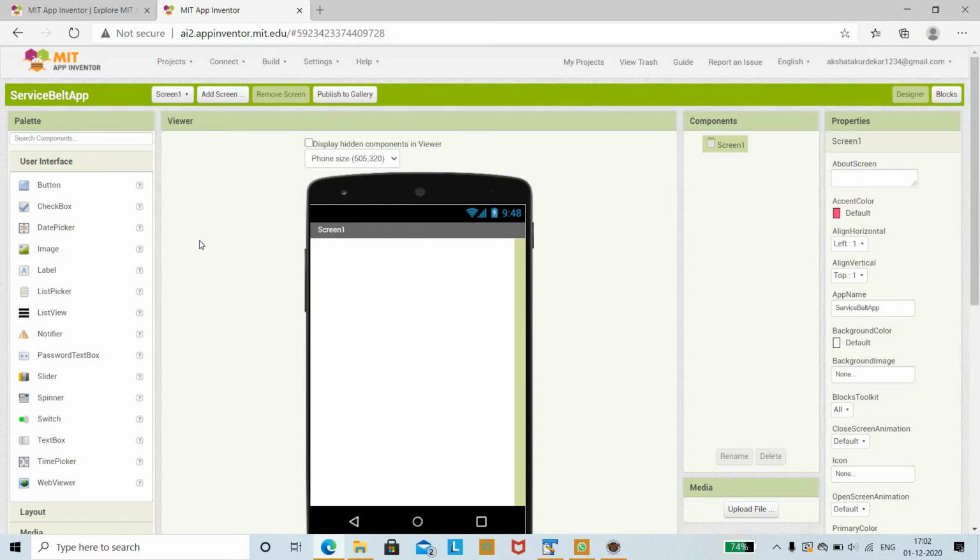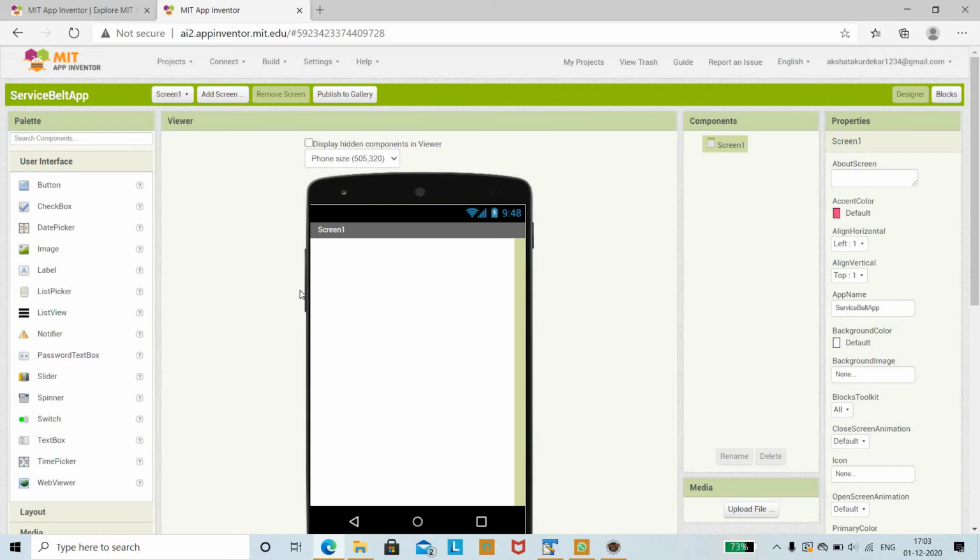So this MIT App Inventor mainly has two aspects. The first thing is the user interface components. Here you are going to drag and drop the user interface components, and then you are going to interact. Instead of writing a program, you are going to use blocks. With the help of blocks, you are going to interact with the user interface components. So no need to write any program or anything. Just by understanding the requirements, you can directly build an app with the help of user interface components as well as the blocks. So now quickly we shall begin.